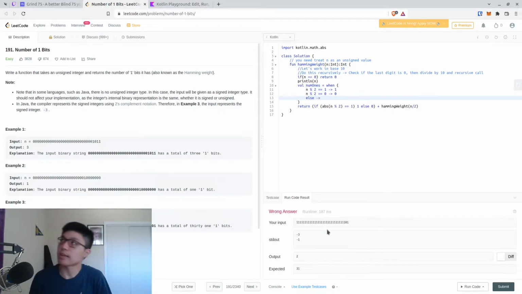Or maybe we just take the absolute value of it. So what's positive? What's +3? +3 is 1, 1. If we take the positive value of it, and then we convert it back,